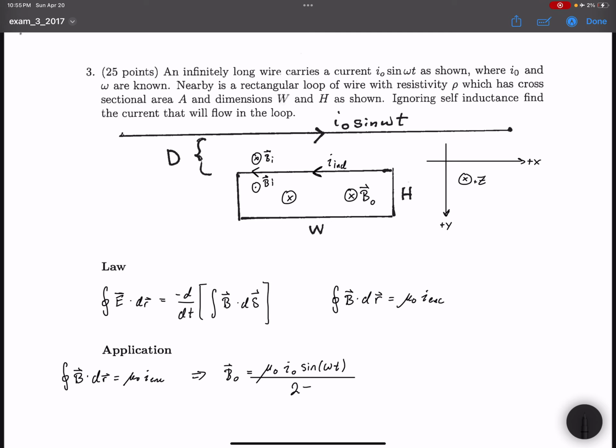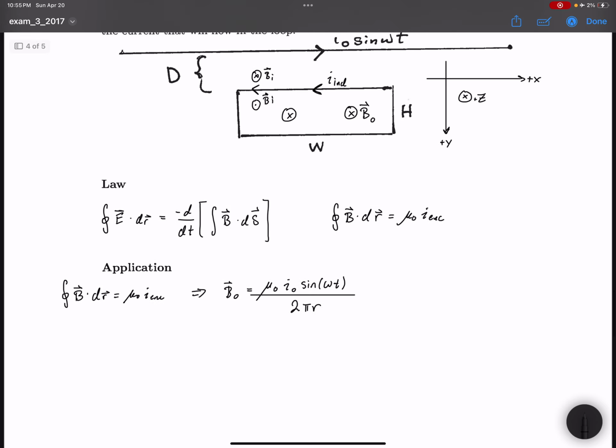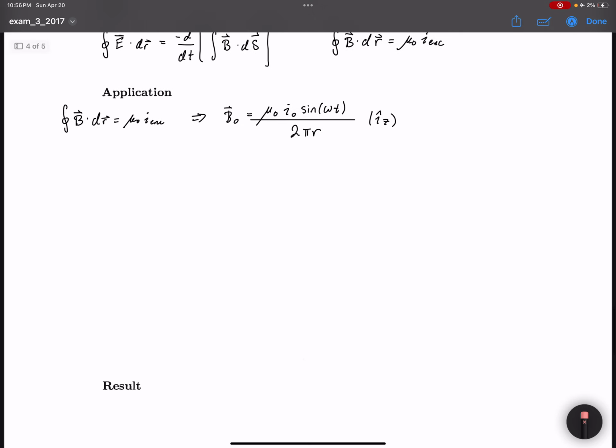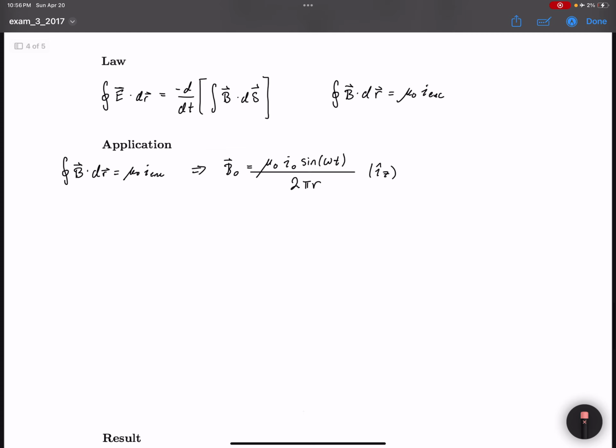Okay, so I skipped a couple steps here, but the most important thing is that this B can come out of the integral, and the integral of B dot dr equates to the circumference of a circle, because that's the object we're using to enclose the magnetic field. There we go. Cool. So we have our magnetic field. So the next thing I guess we could do is find the negative derivative of flux, which is